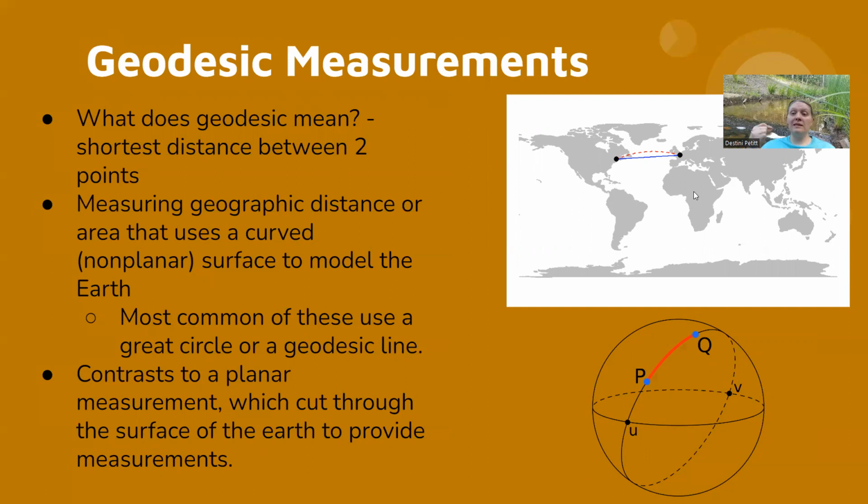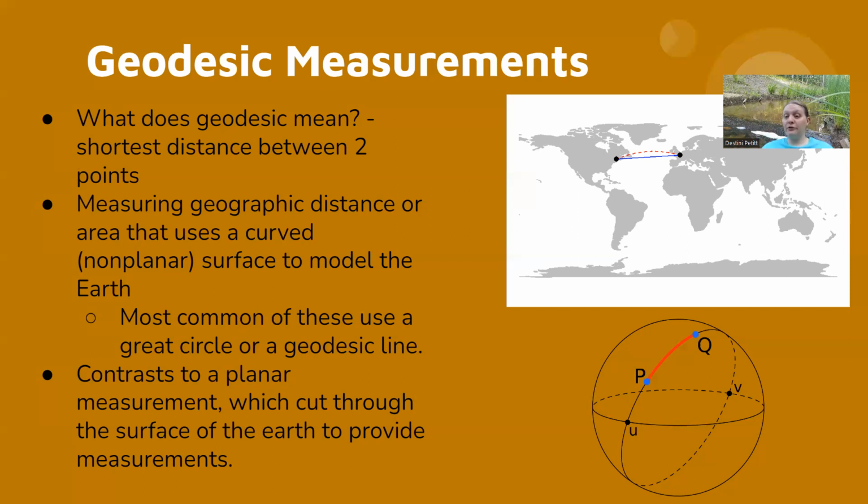So then when we talk about geodesic measurements, we're talking about measuring the geographical distance that uses the curvature, that non-planar surface of the Earth, right? And so planar measurements, 2D surface, straight line between the two, no curvature. Geodesic measurements are distances that take into account the curvature of the Earth. And as we talked about before, when we were talking about datums,